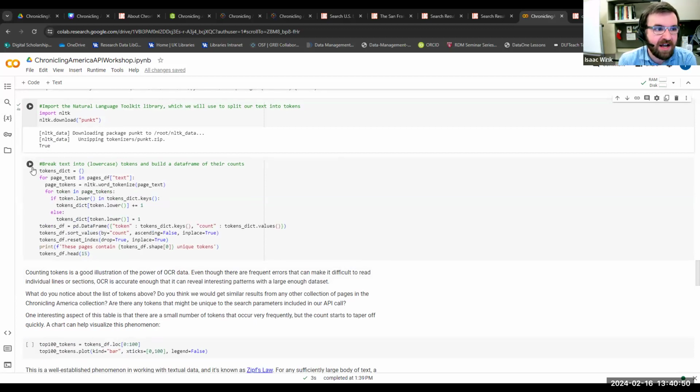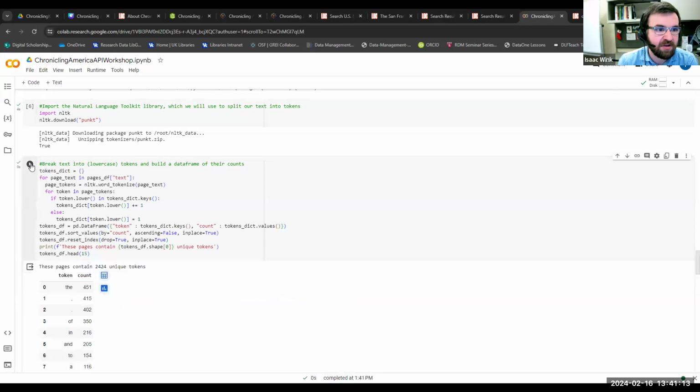Before I run this, though, I just want you to think in your head, if I told you I have 5 pages of newsprint, how many individual words do you think are going to appear on that page? Not total number of words, but how many unique words would appear on those 5 pages together? And then once you have that number in your head, we can now actually test that by running this code